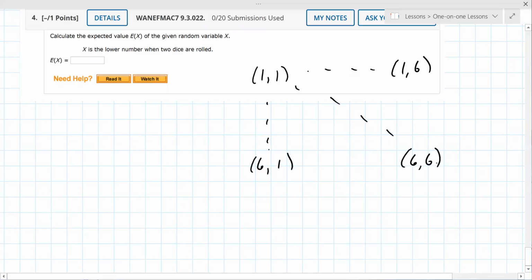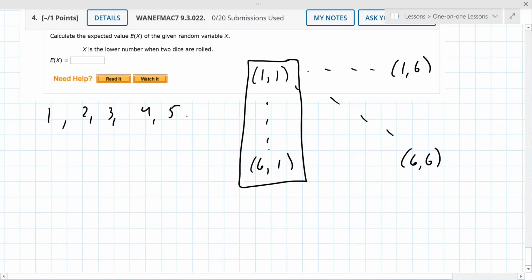Okay, but it's just talking about the lower number. So it's really the equivalent of just looking at one column, I believe this question is asked about. So what's the expected value of each of these? You could get a 1 for the lower number, a 2, a 3, a 4, a 5, or a 6. And we did this in the previous section. The probability of each is 1/6. So the expected value here